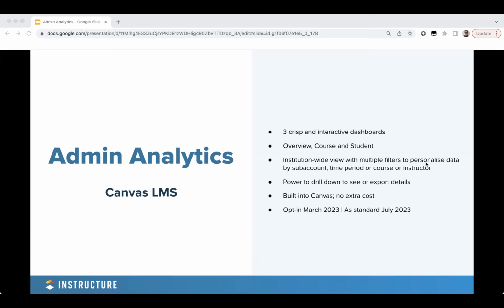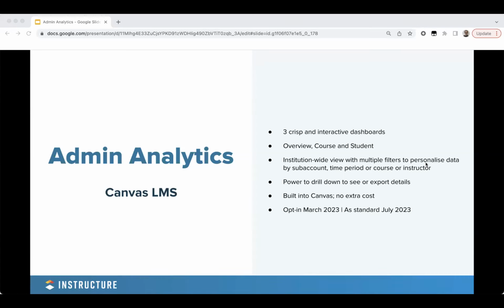and that will be done as a feature preview. So something where you'll be able to opt in to use it, and there will be a subsequent community user group that you can jump in and keep up to date with all the feedback and updates that are happening for the product. Depending on that feedback, that might shift based on how users respond to it. But essentially, this will then become on by default for everybody from July.